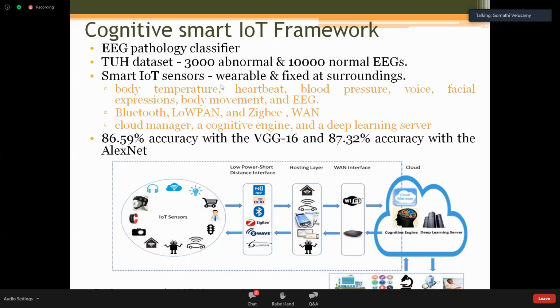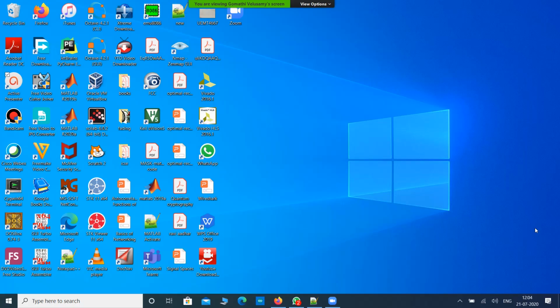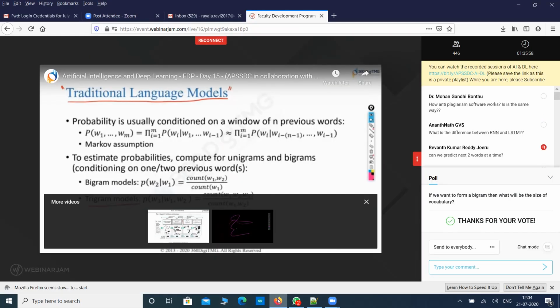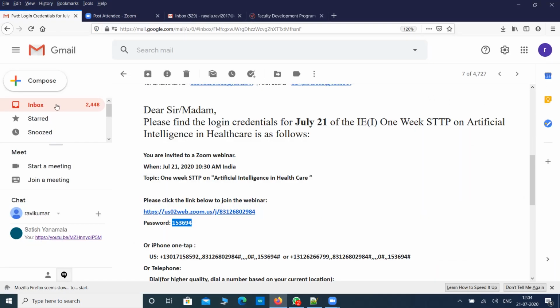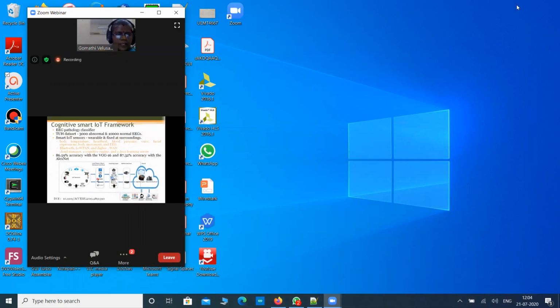And for the real time environment, they have suggested formulating a smart IoT framework which has this kind of architectural structure. These are the vital parameters they have considered for their research: body temperature, heartbeat rate, blood pressure, as well as voice, facial expression, body movement, and the EEG. These are the various physiological signals they have considered, and these are the domains they have used for forwarding the signal to the cloud environment. And at the cloud environment, they built their own cognitive engine with the help of a deep learning classifier server, which is going to identify